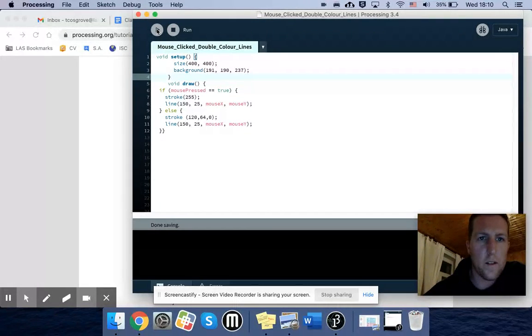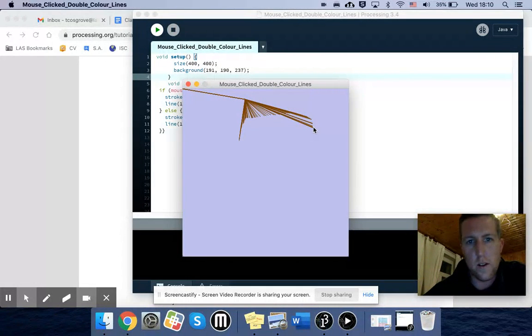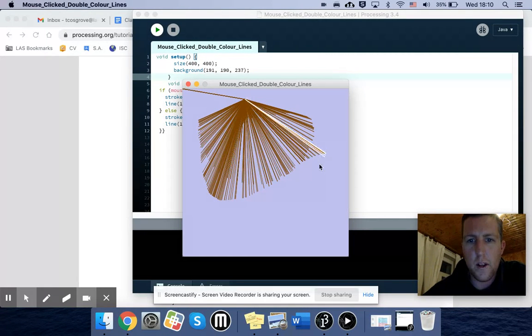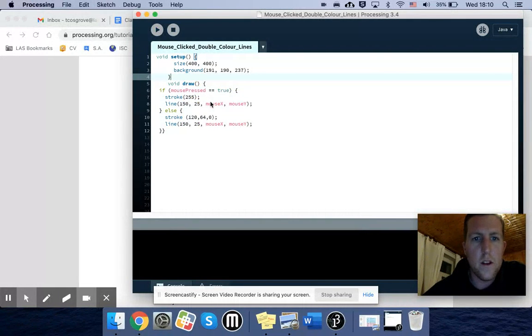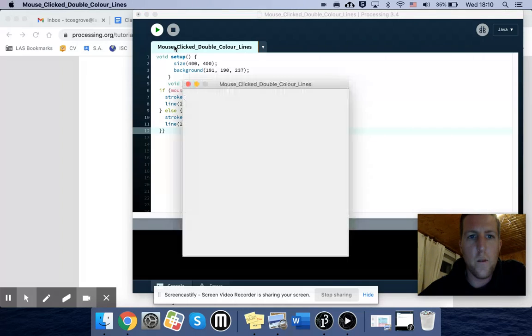Okay, so what's happening? Let's click play and see. Okay, so my color for the background I changed to be a lighter color so it's easier to see. It's still drawing lines actually, but when I click, it changes to a different color. I could change that to be something like this. So actually, if I wanted to make the other line blend in with the background, all I would need to do is copy the color of the background, change the color of the line here where I'm not clicking, and then if I click play now,